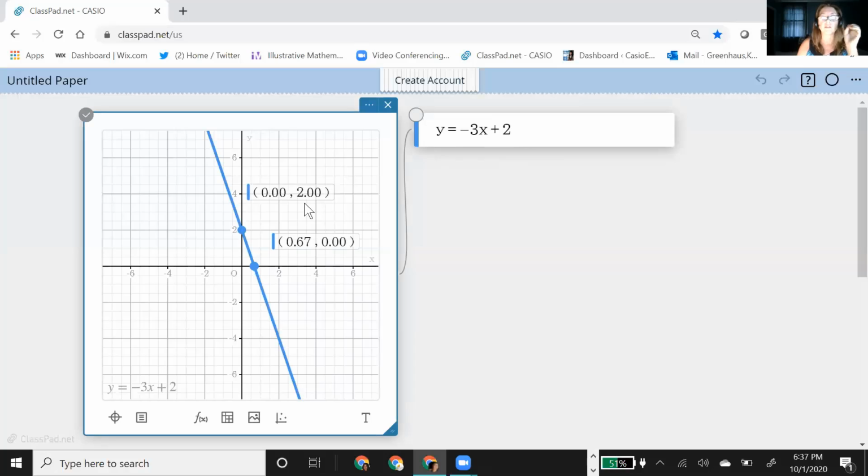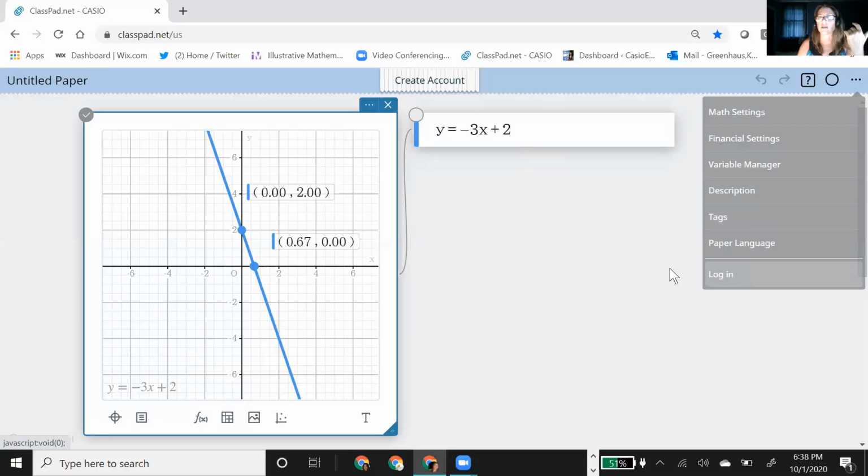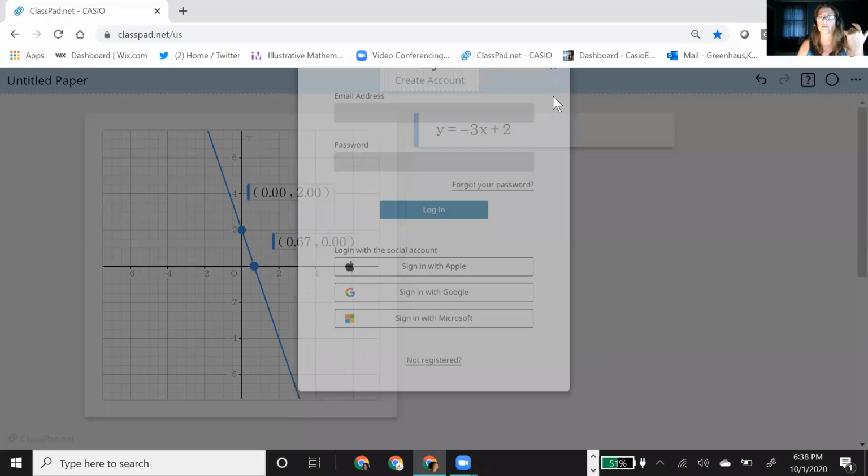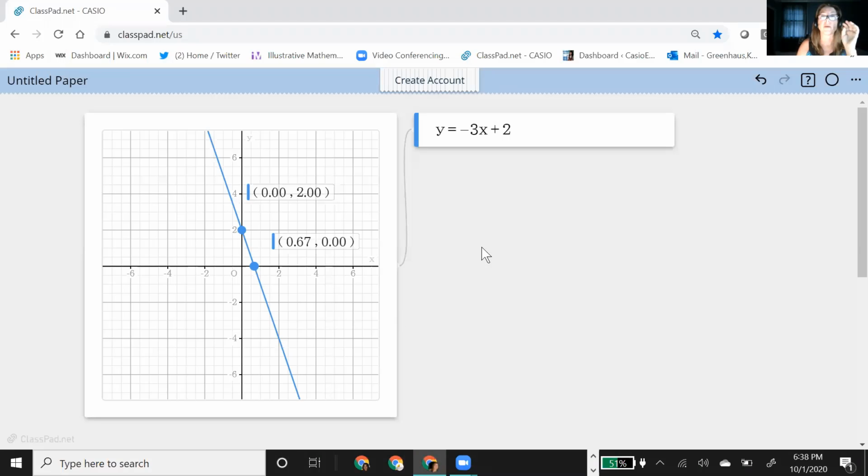So, and I did want to point out, I'm in not my account. If you're in your account, you might have your numbers showing up as in standard form. So this 0.67 is probably a fraction. When you're not in an account and you're just in as a guest, you don't have the option to see the standard form. So creating an account lets you see the standard form. So let me just show you the difference. I'm going to actually log in to my account. Or maybe not. Yeah, I'm not going to waste time doing that. I'll go back to that.